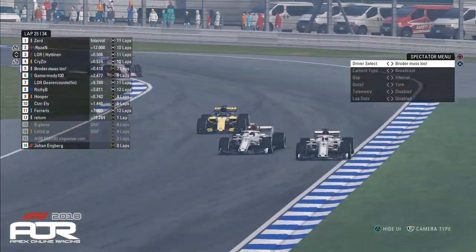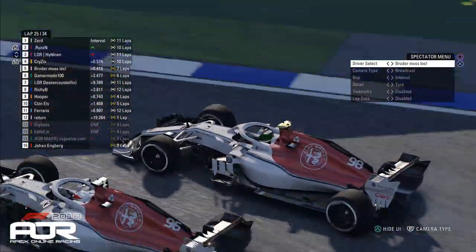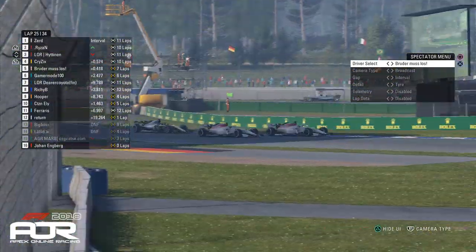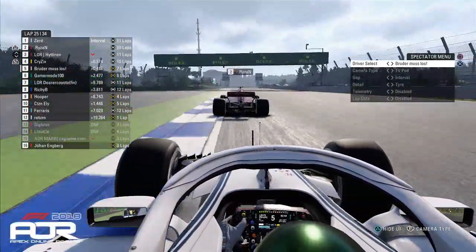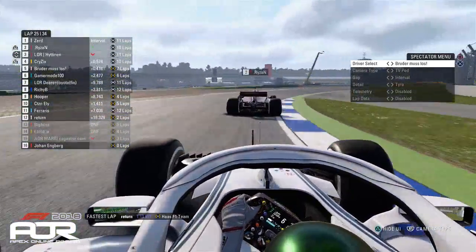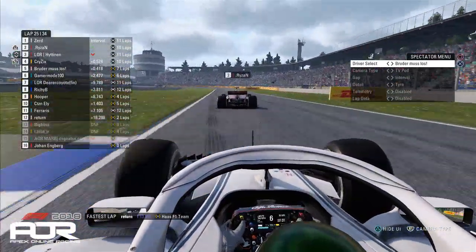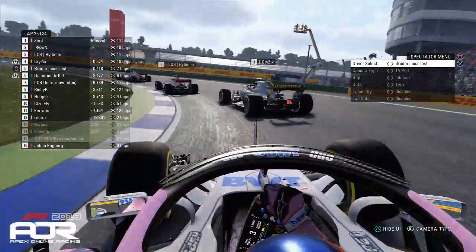Cryzix, look how close. I'm going to go onboard with him as you see this battle commence once again. Ryzen alongside Hayden, side by side between the two of them. Hayden was on the inside of turn 9. Ryzen hangs it around the outside very well indeed, and he manages to hang on to that second place. But look at this, second, third, fourth and fifth separated by less than a second, and Cryzix